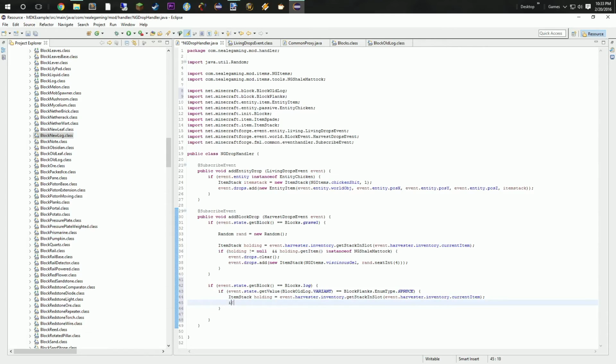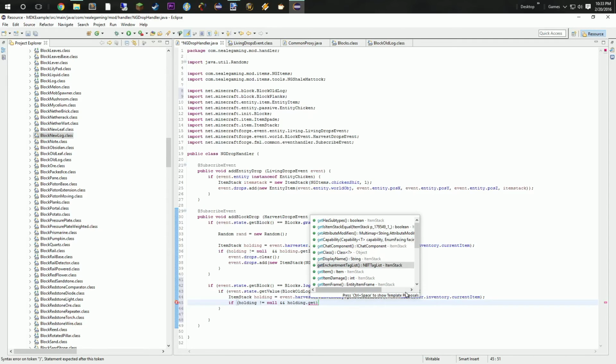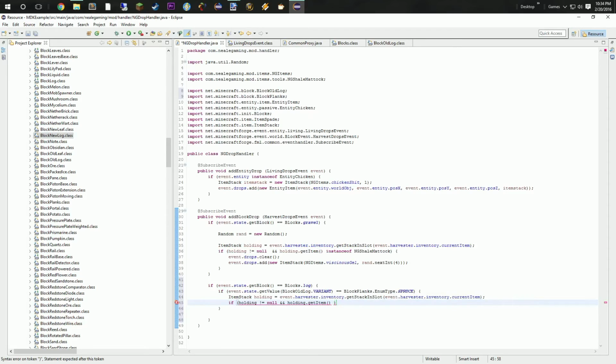Okay, so if I am actually holding something, so if holding does not equal null, and what I am holding equals get item instance of NG pitch harvester, then what I want to do is I'm going to do this again. I'm going to say